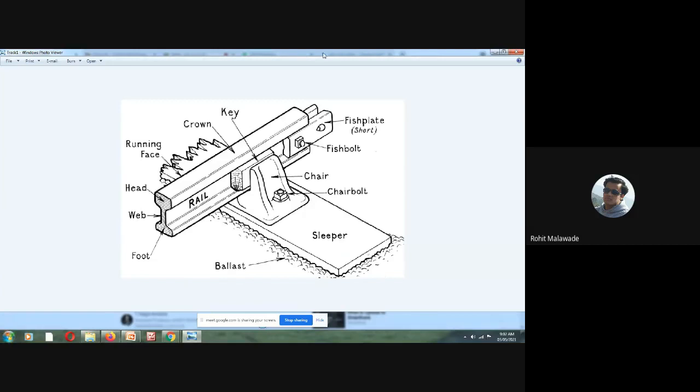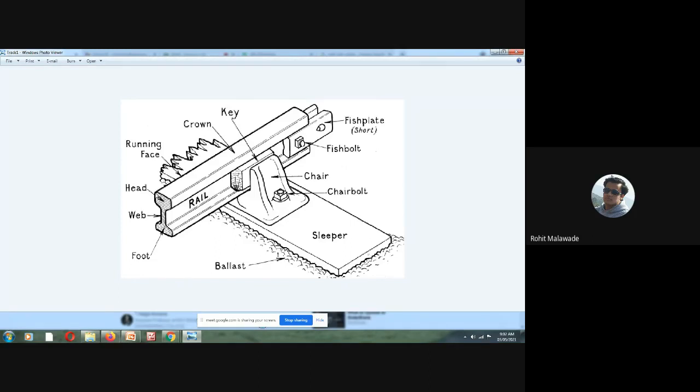So nowadays we have reduced these, and we use metal keys. It acts as the packing material in between the chair and the rail. Is it clear?